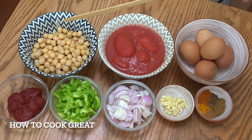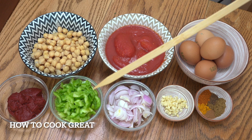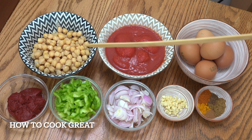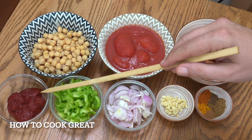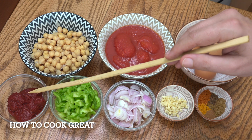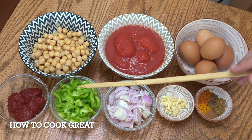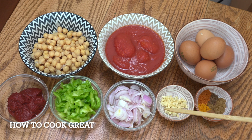So what we have here is I've got 1 can of chickpeas. If you're going to use from a can like I've done, give them a nice wash in some cold water. 1 can of tomatoes, 5 eggs, 135 grams or about half a cup of tomato paste, a cup of bell peppers, a cup of onion, 1 tablespoon of garlic, and then here we've got